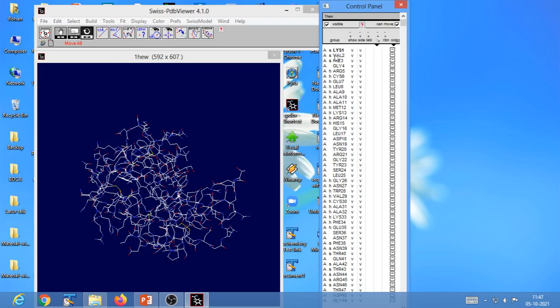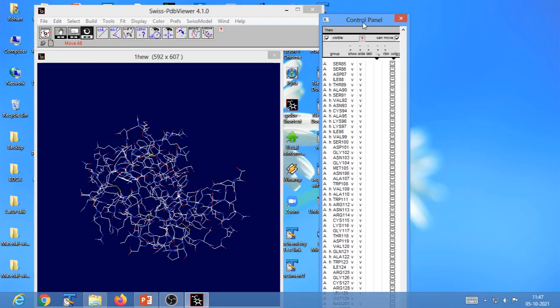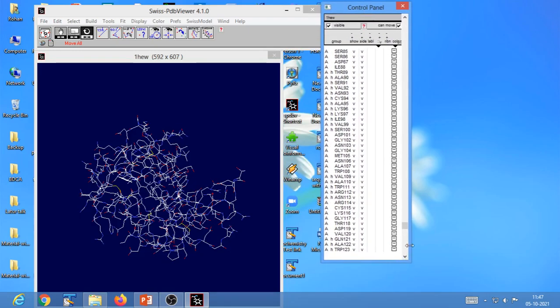Say, for example, your control panel lists all the groups in the model, and this control panel thus provides a fast and very powerful means to select, hide, and display various amino acid residues that are present in your protein. So what we would do first is simply scroll down to the bottom of the list to see how many amino acid residues there are in our protein. I have just scrolled down. You can use this scroll bar to scroll down and see